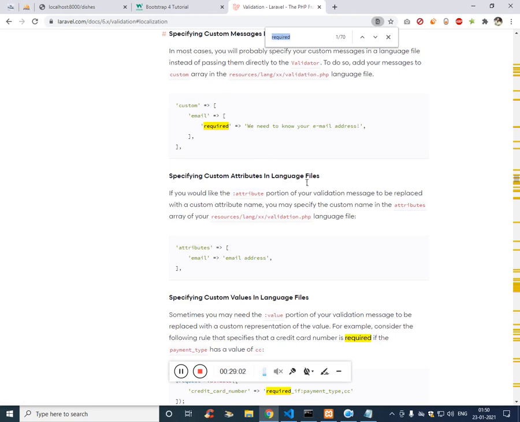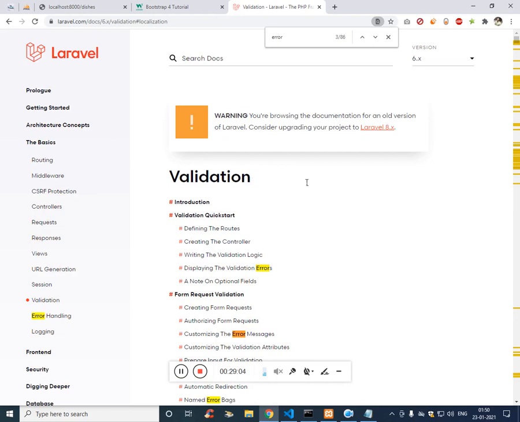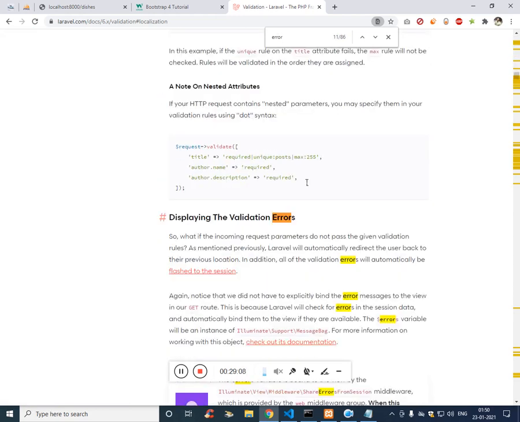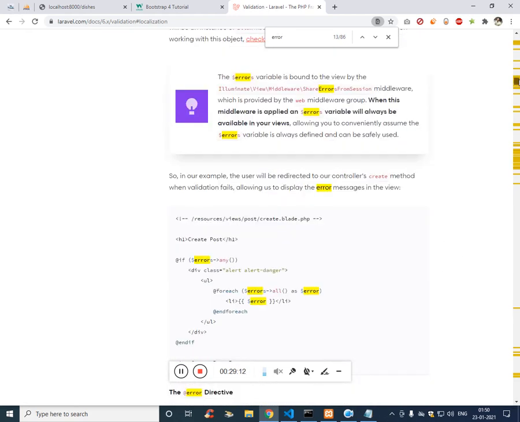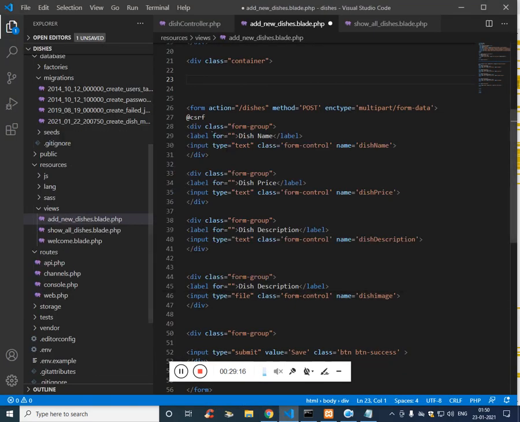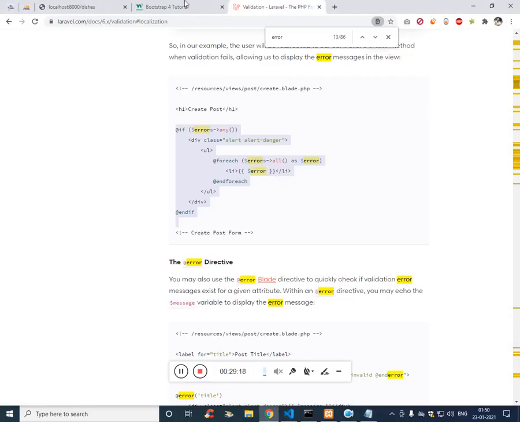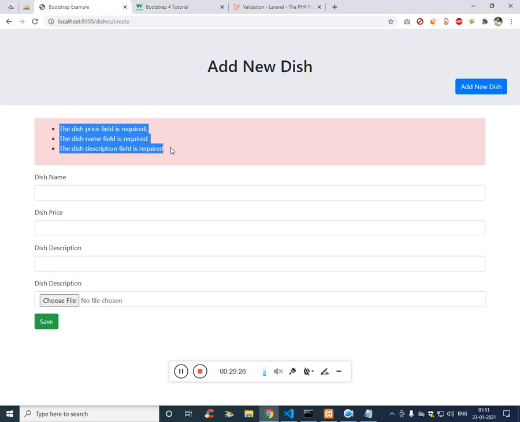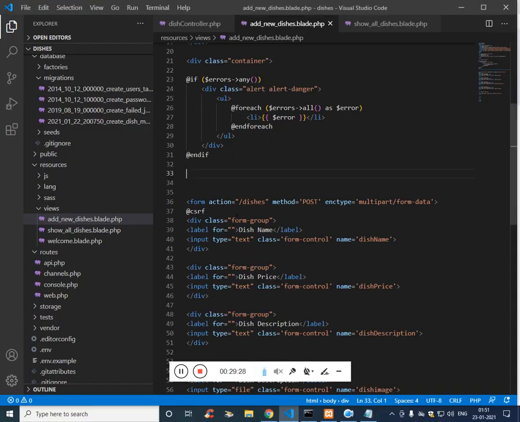What it should have, error. Displaying validation error. So this code will help you to display the validation error. So let's try to submit without inserting values. Refresh it, click on submit. It says these fields are mandatory. Fine, that is working as we needed.